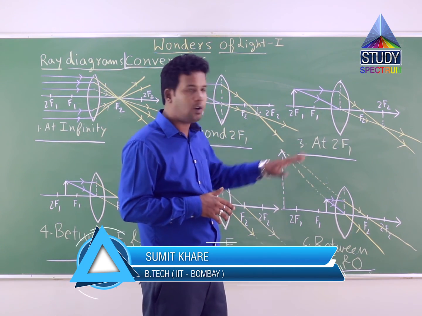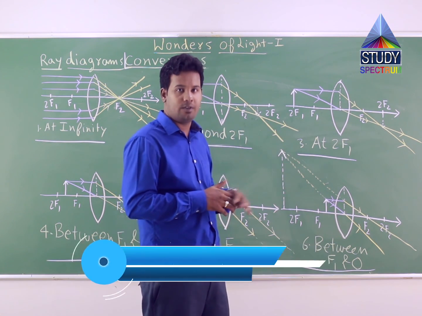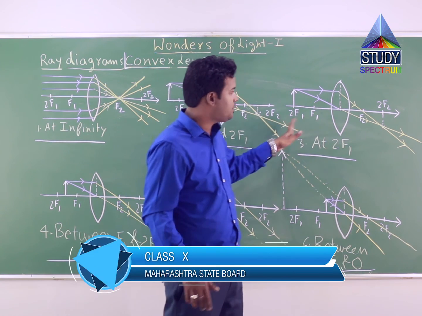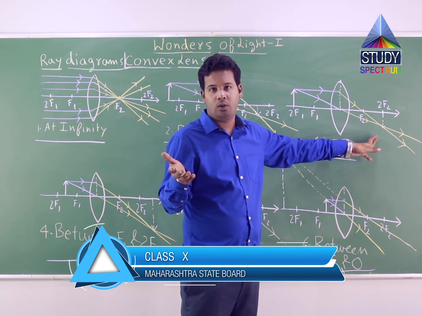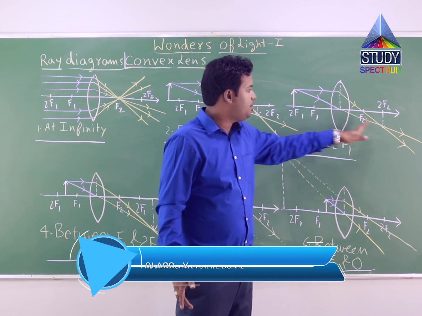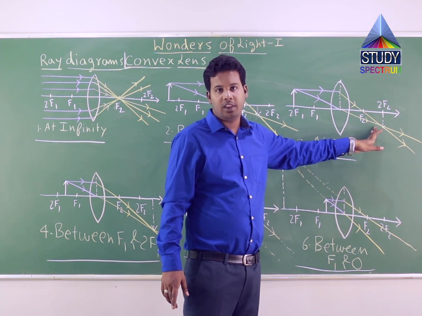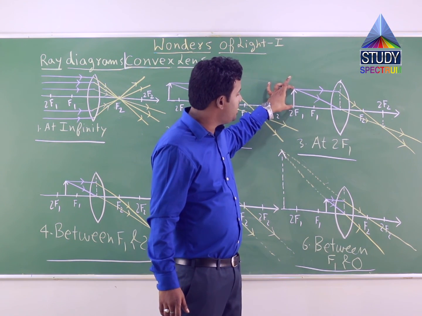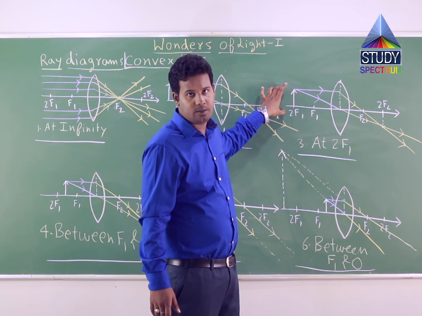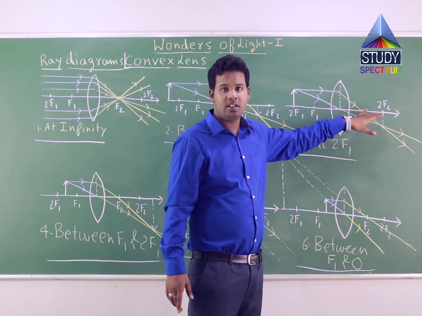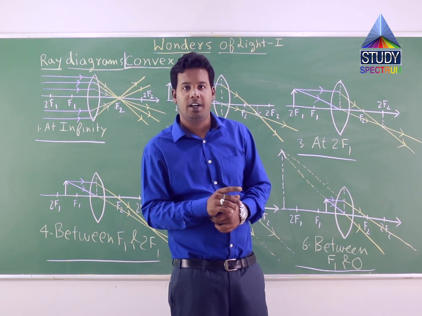Correct? So the four results for this particular third case, when the object is placed at 2f1 or the first center of curvature, is: image formed at 2f2, that you can see in the textbook written there. This image is real. Why? Because it is being formed behind the lens. Third, the height of the image and the height of object are one and the same, or height of image is equal to height of object. And fourth, since this value of height of image is coming out to be negative, this is an inverted image.